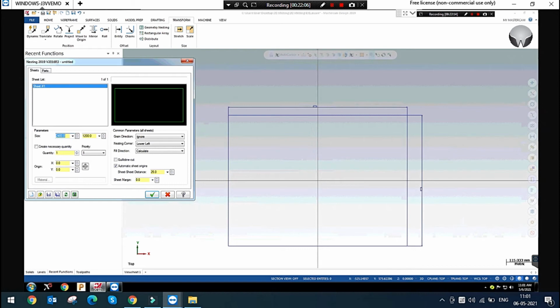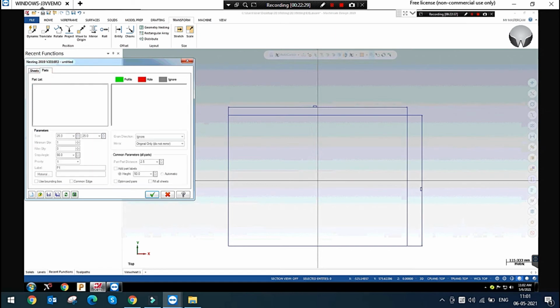So what is the sheet size? 800, 600, right? Okay, so this is my sheet size. Number of quantity, I will give 10 numbers. My part size, I'm going to define, add rectangle.